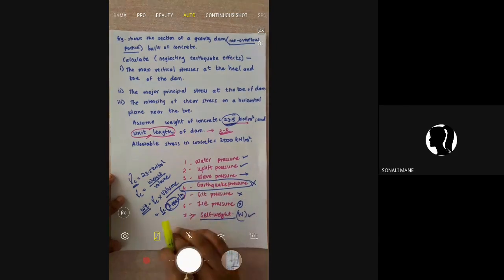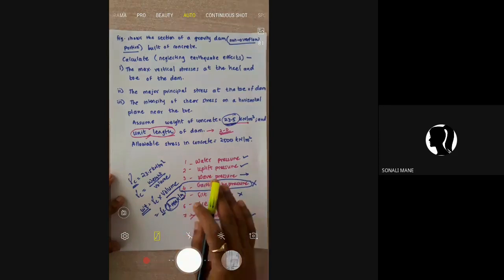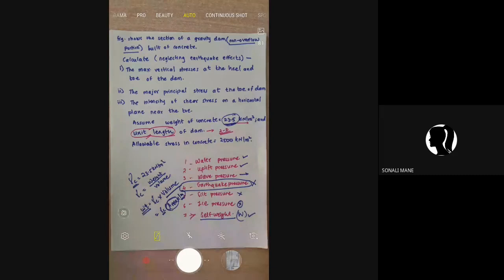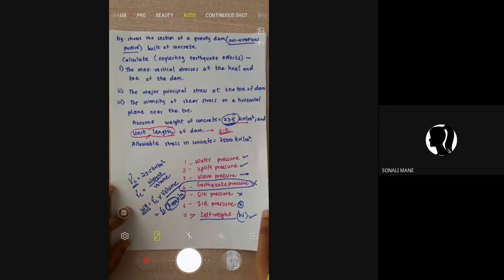Again, this is the normal case wherein they have not given any details about ice and ice pressure. Therefore, this also will not be there. So the remaining ones are the forces acting on a gravity dam. Therefore, we decided to work out all the forces, work out their lines of action and the point where each acts, so that we can work out the lever arm distances to take a moment about the toe. That was the line of action for solving the problem.